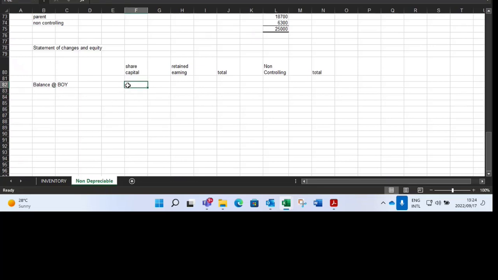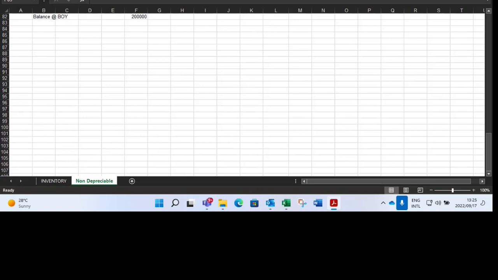So the balance at the beginning of the year for share capital, for subsidiary and parent, remember now we eliminated everything. We have 200,000. And then the one for retained earnings after the elimination: the balance of the parent was sitting as how much? 15,000. From the SCE, the balance of the parent from the statement of change in equity is 15,000. Can you see that 15,000? Okay. So now we're going to say the 15,000